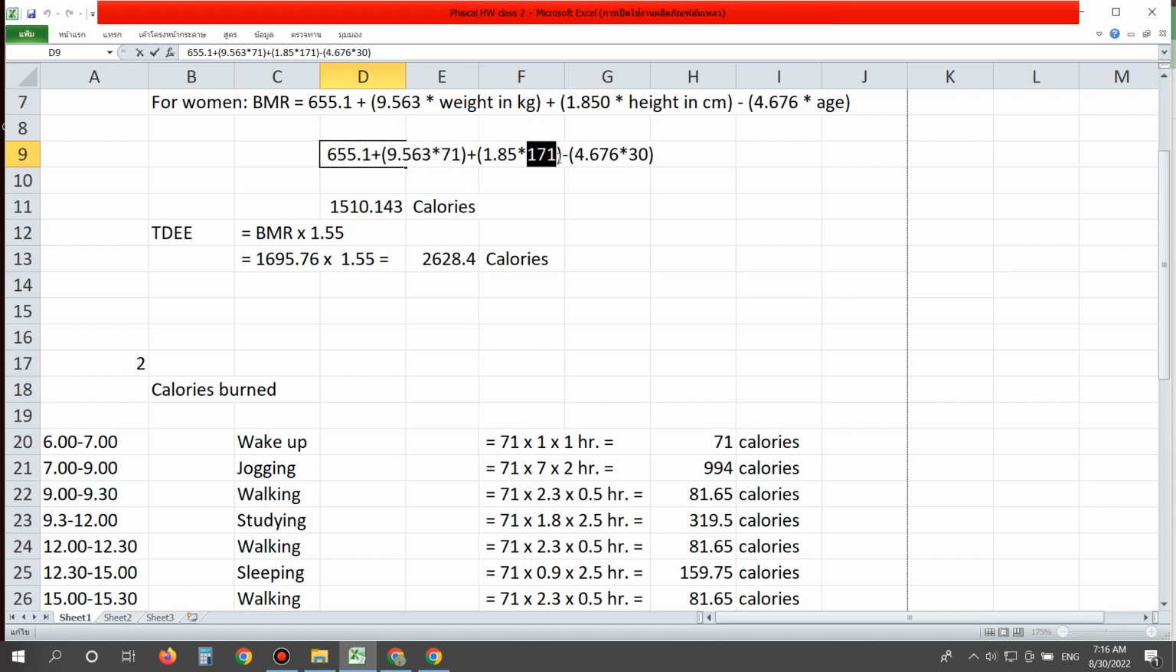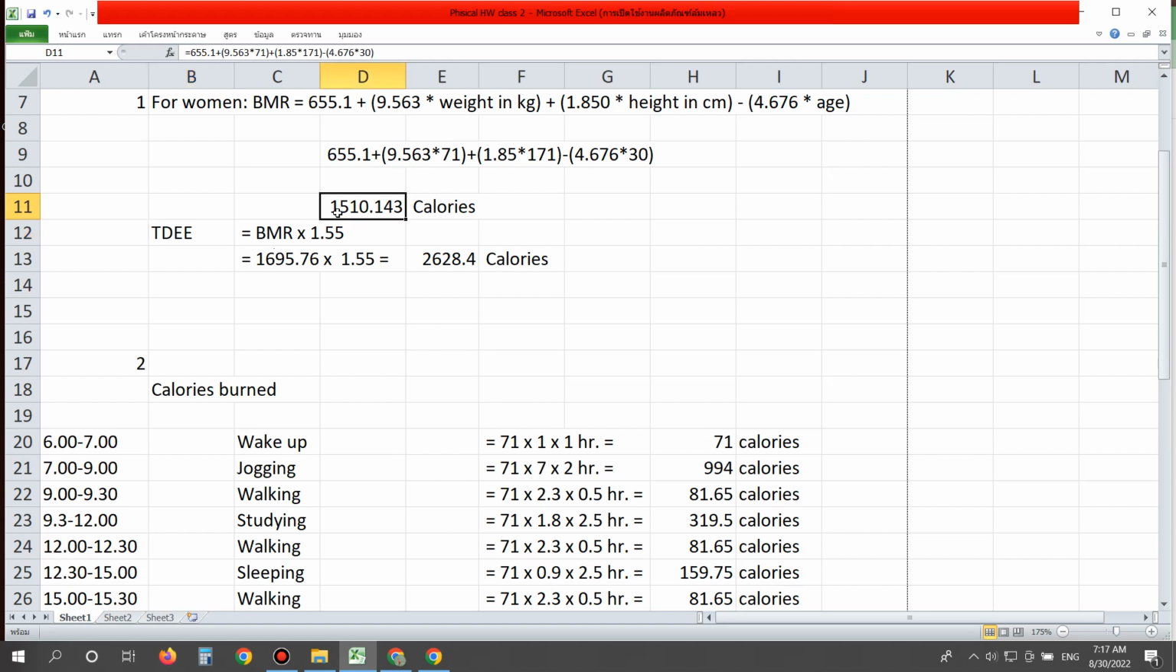my height, and my age. So I have a BMR value of 1500. This is step one. After you get the BMR value, then you calculate TDEE